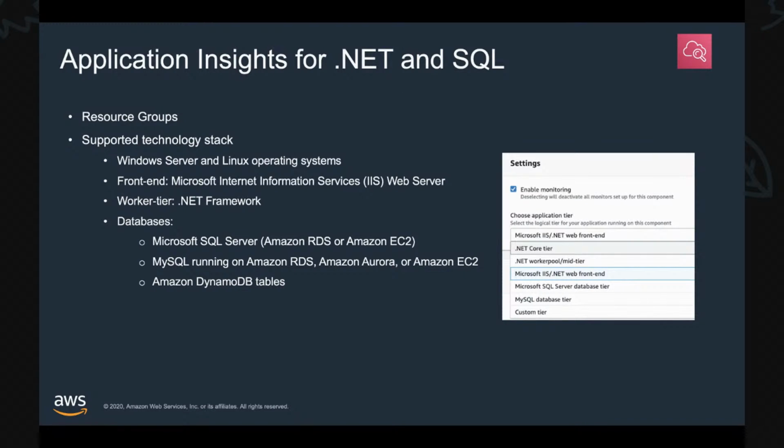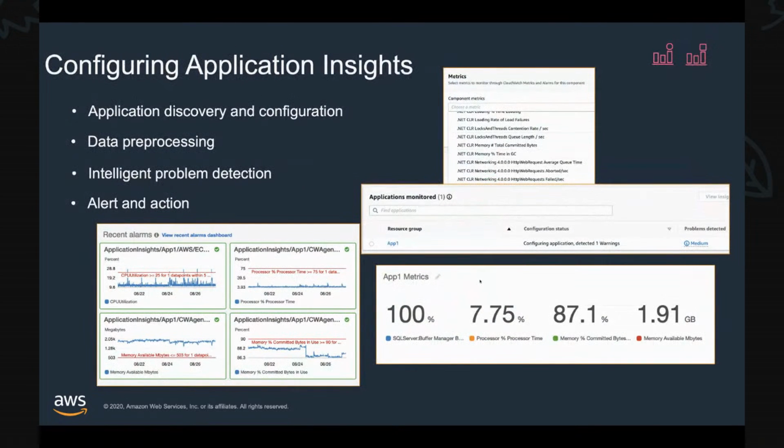So, next one. Configuration of Application Insights is also very straightforward. After you reorganize your resources under resource groups, you add these as applications under CloudWatch Application Insights. And based on the components you choose, such as IIS front end or SQL Server database, different performance metrics, logs, or events are added by default.